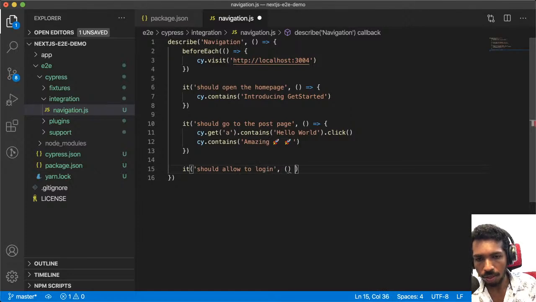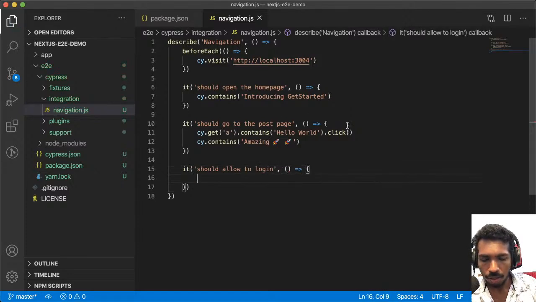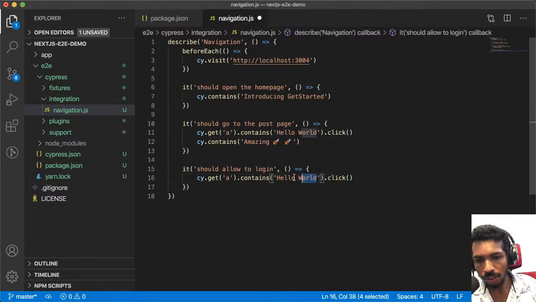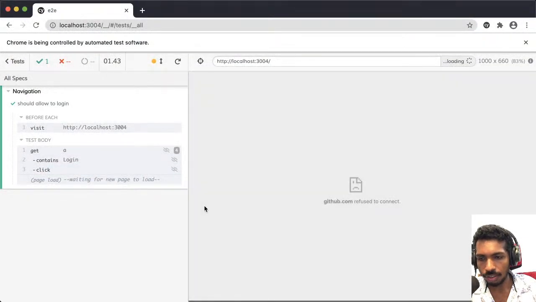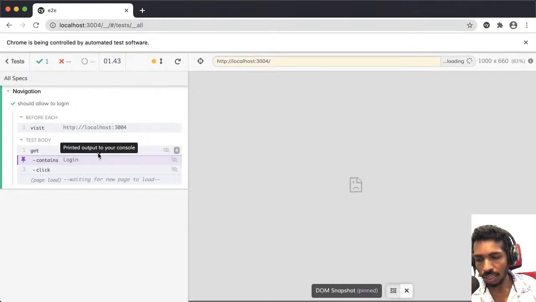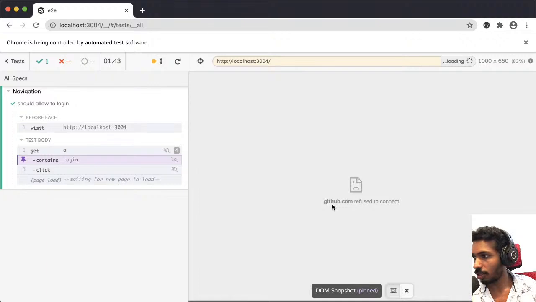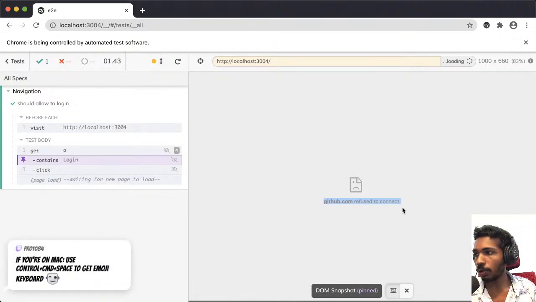Right. Then let me find any anchor tag with login, and I'm gonna click it. And I'm gonna run only this test case. All right, so this is the problem. Basically, it doesn't work. The message said GitHub refused to connect. The reason is we are trying to